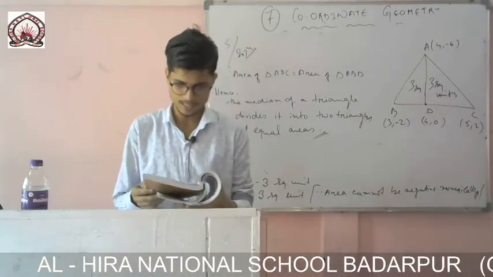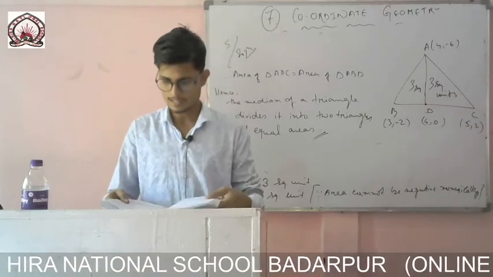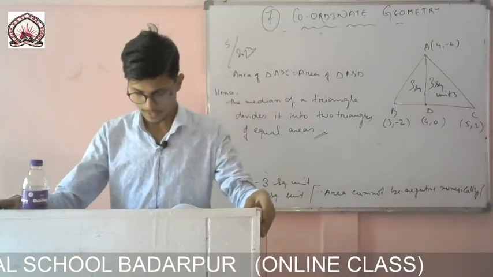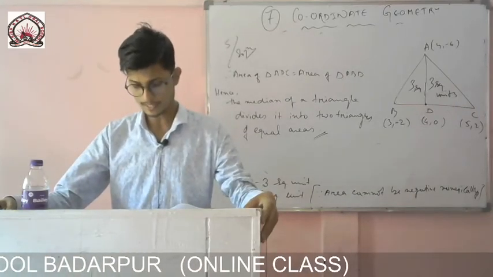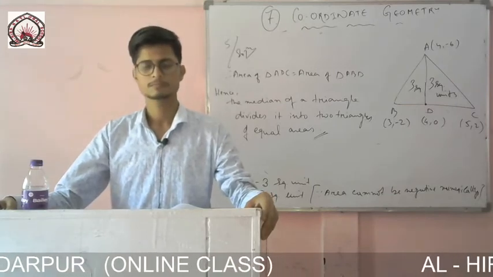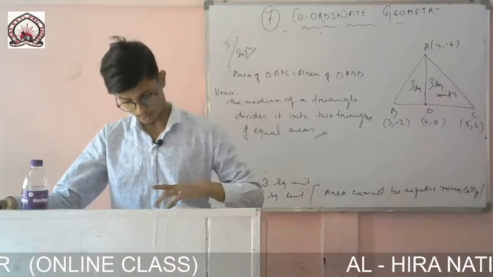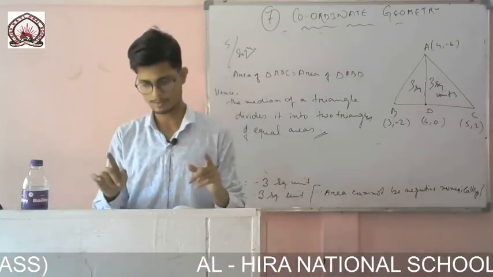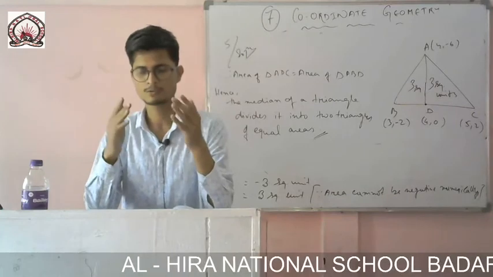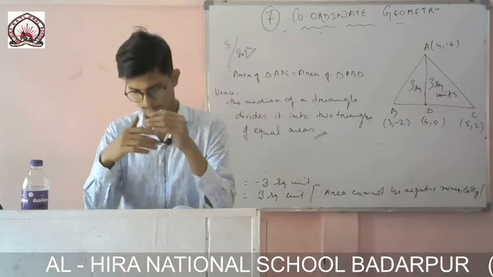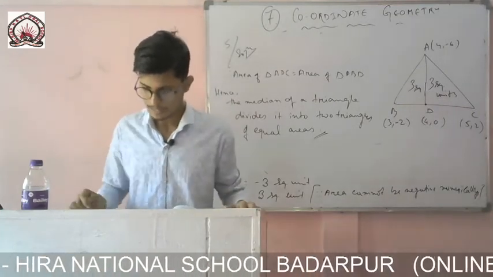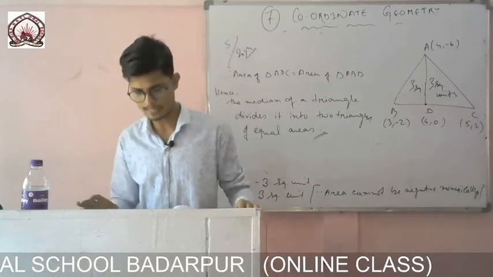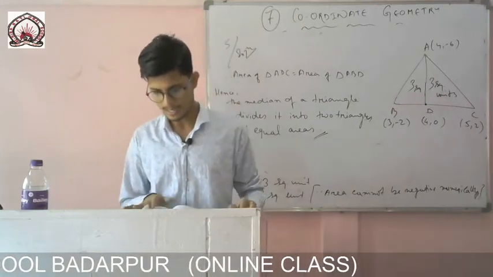Okay, example number 15 is left. You see once: if A, B, C and D are the vertices of a quadrilateral, find the area of the quadrilateral ABCD. It is the same as question number 4. First of all, you draw the quadrilateral, then you give the diagonal, and after that you simply find the area of these 2 triangles and then add them, and you will get the answer. Okay, so this is the end of this chapter.